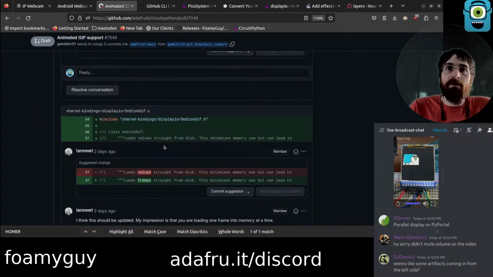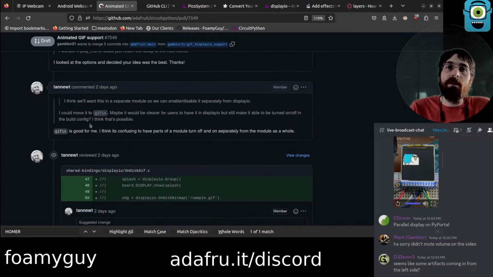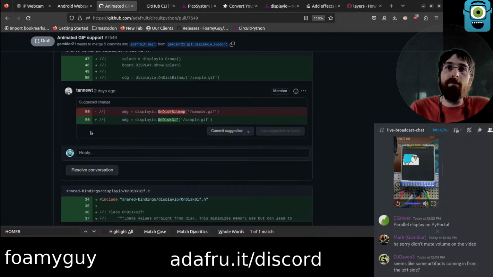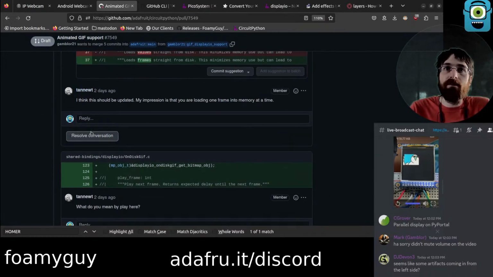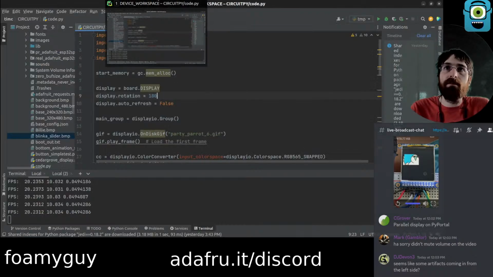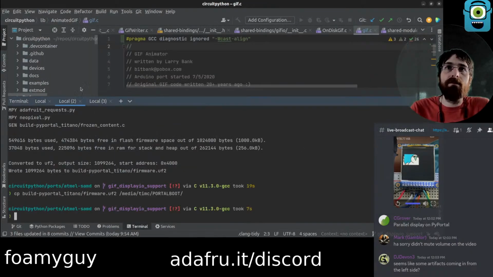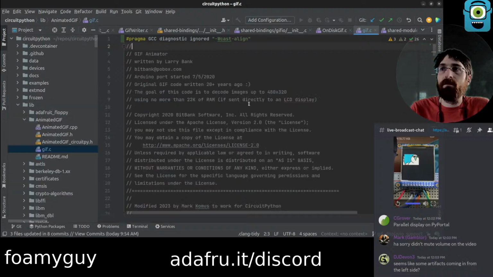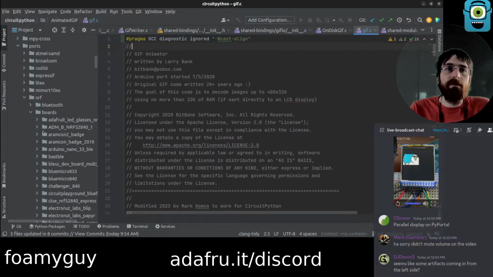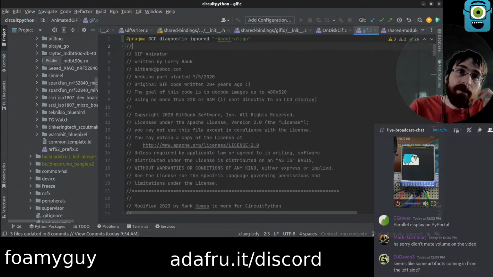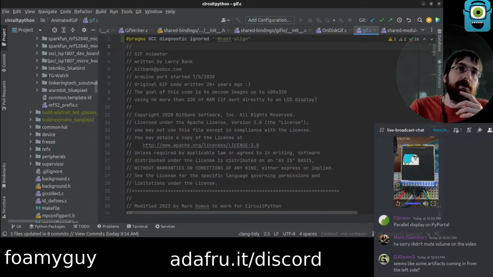GIF.io is good for me. Okay. Oh, that's what they were. That's why I had GIF.io. They're talking about moving it, but it hasn't been moved yet. I think. Folder. That was weird.